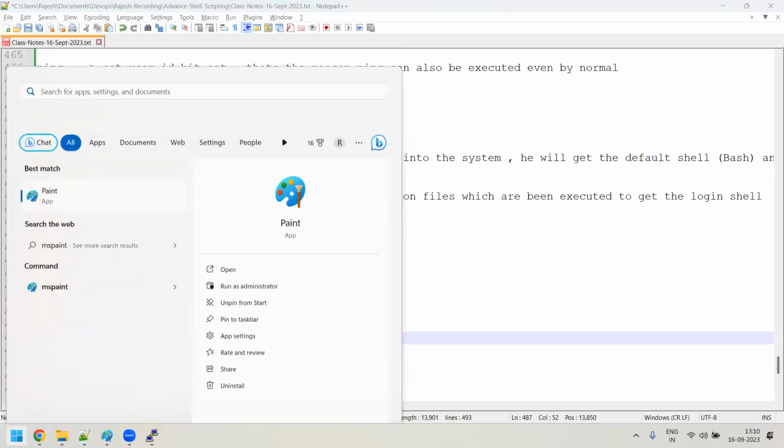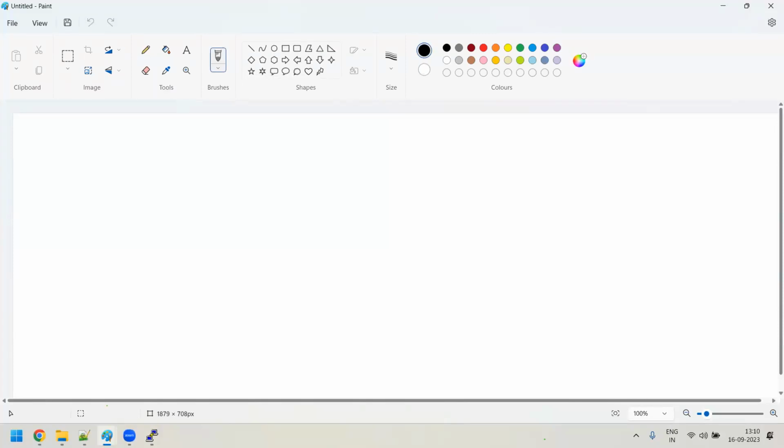So now what happened, guys? If you explain it in a diagram, in Unix, whenever you make your system up and running by booting the system,